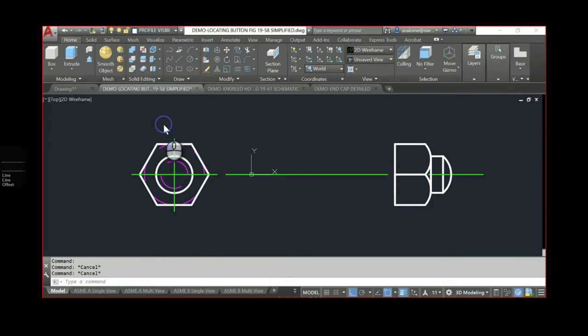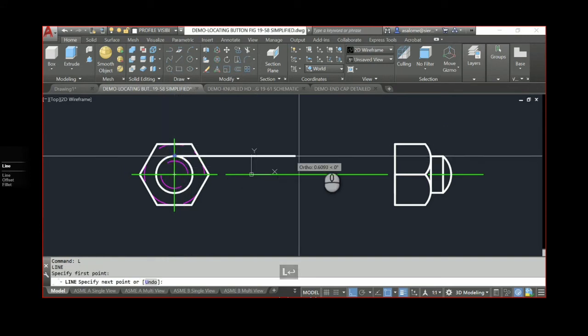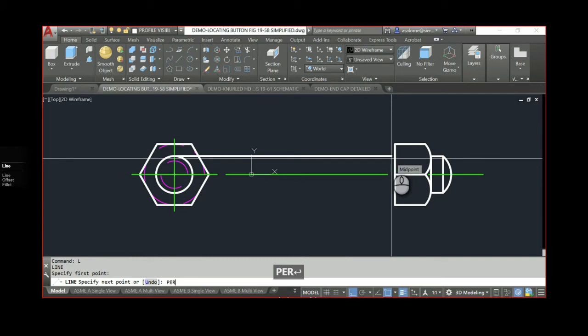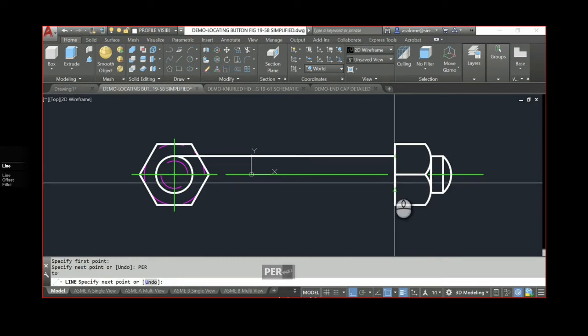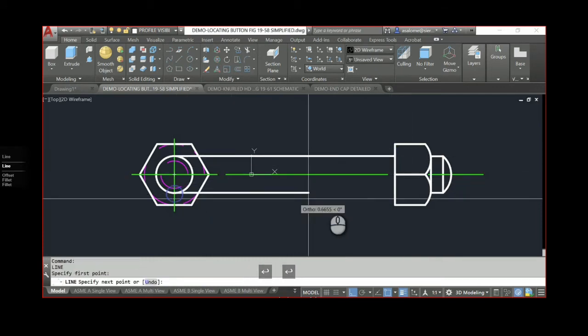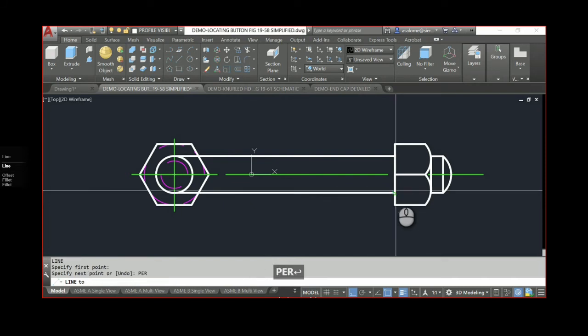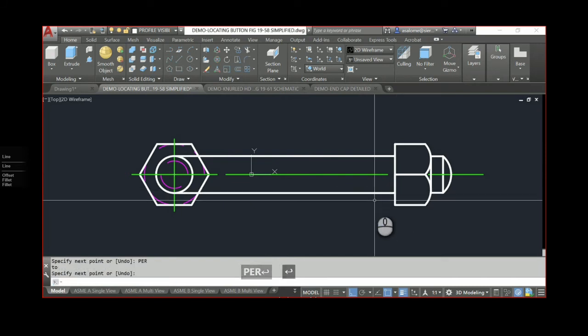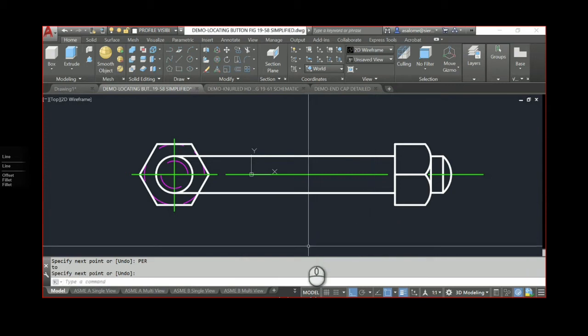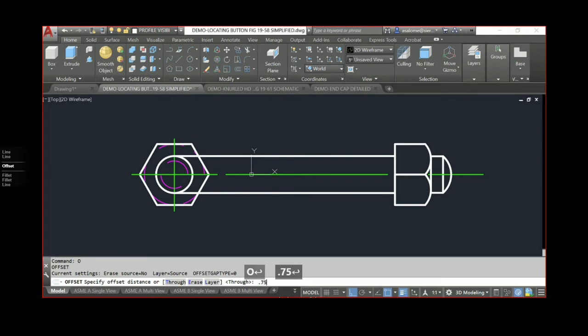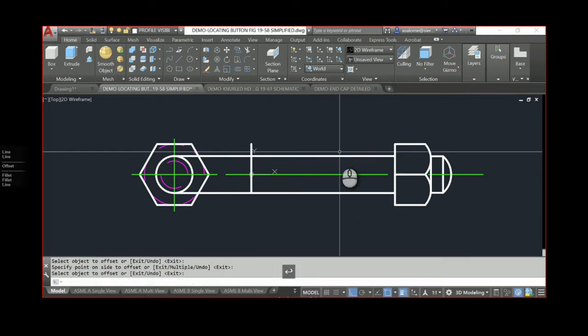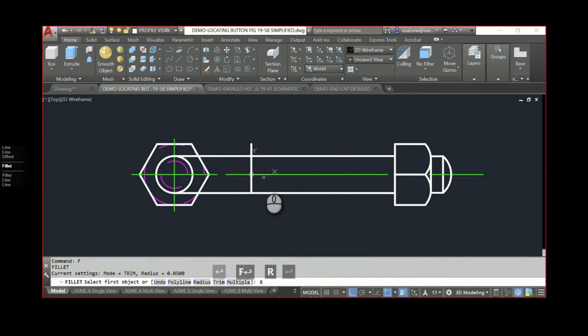So on the profile visible lines layer, I'm simply going to take a line from this intersection to the perpendicular of there, and a line from this intersection to the perpendicular of there. Okay, now the length of the body of the screw is 0.750, so I'm going to offset that. So that would be the end of my screw. And I'm going to clean that up.